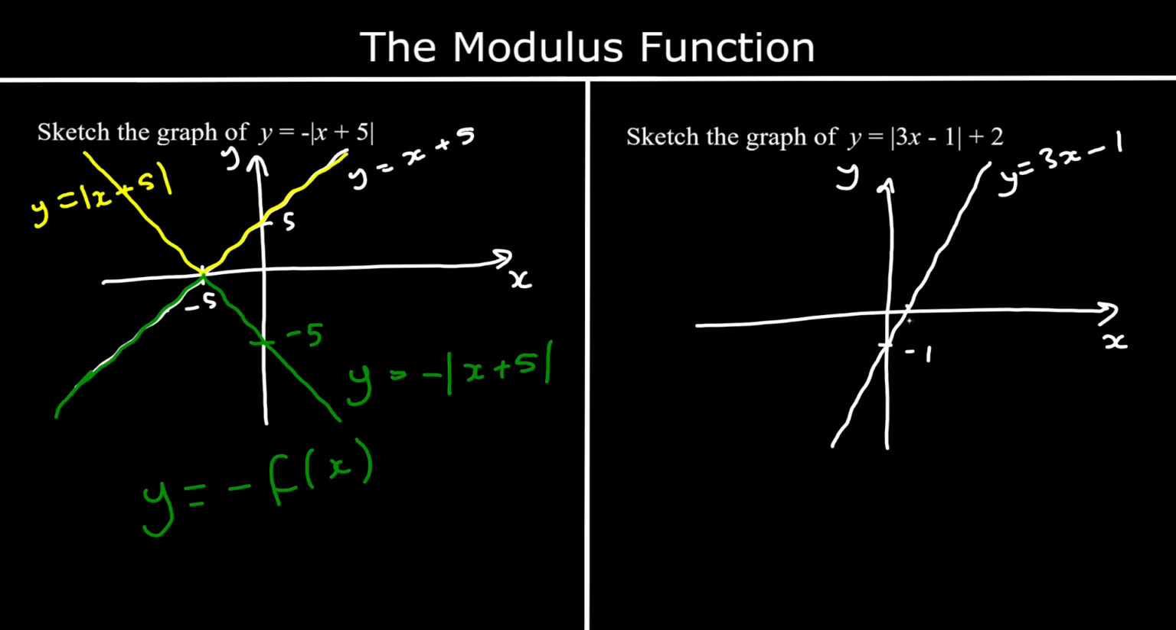It crosses x when y equals 0. So 0 equals 3x minus 1, plus 1 divided by 3. That is 1/3. The modulus of 3x minus 1